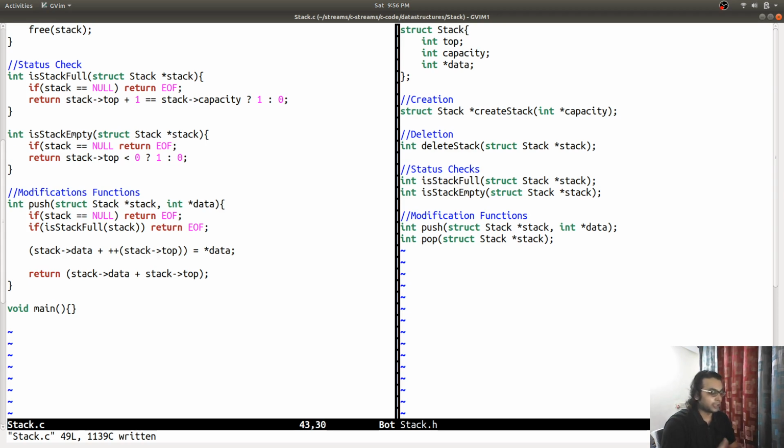If the current top value is 2, then there are already 3 elements in the array, 0, 1, 2. So when I increment 2 to 3, there are 4. I'm going to the fourth integer block. This stack data pointer is already at the first block, that is the 0th block, then first, then second, then third. So I'm adding 3 to it, telling it to move to the third block from its right, 1, 2, 3. Get the data from this top and move it there.